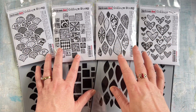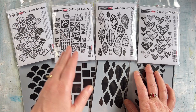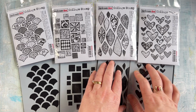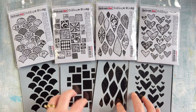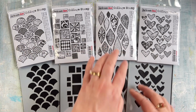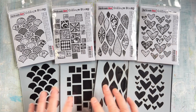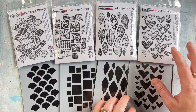So the collage stamps that we've had before in the Arty series were Arty circles, Arty hexagons, Arty triangles and Arty mosaic, and now we have 4 new ones in this series called Arty scales, Arty squares, Arty pods and Arty hearts. So the stamps and the stencils can be used together, and I'll show you a little